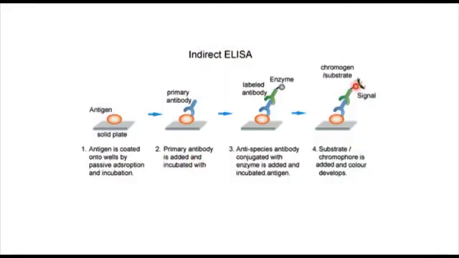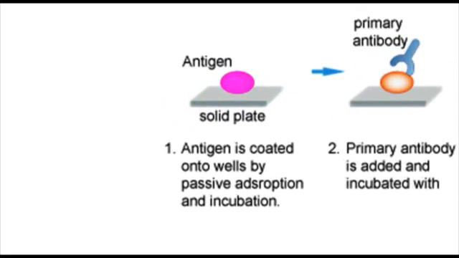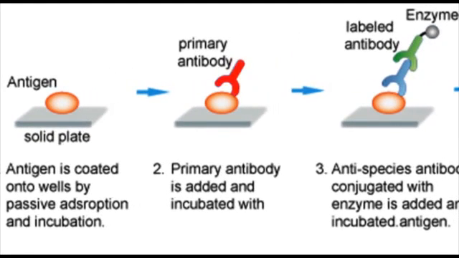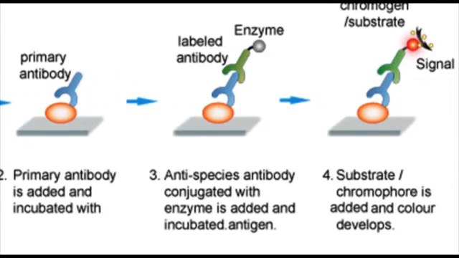Indirect ELISA is also a plate-based assay with two steps of antibody treatment. In this method, the plate is first treated with samples containing antigens, blocked with BSA, and the first antibody, called the primary antibody specific to the antigen, is added. Primary antibody is not labeled with enzymes. After a washing step, a second antibody that is specific to the isotypic determinants of the primary antibody is then added. This secondary antibody is labeled with enzymes and it will bind to the primary antibody.